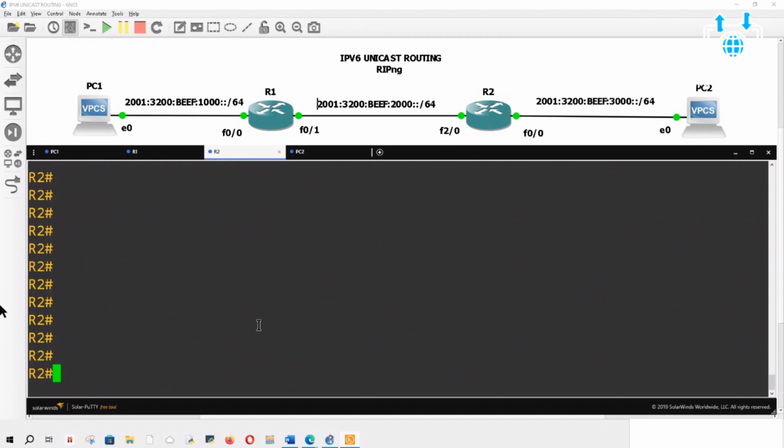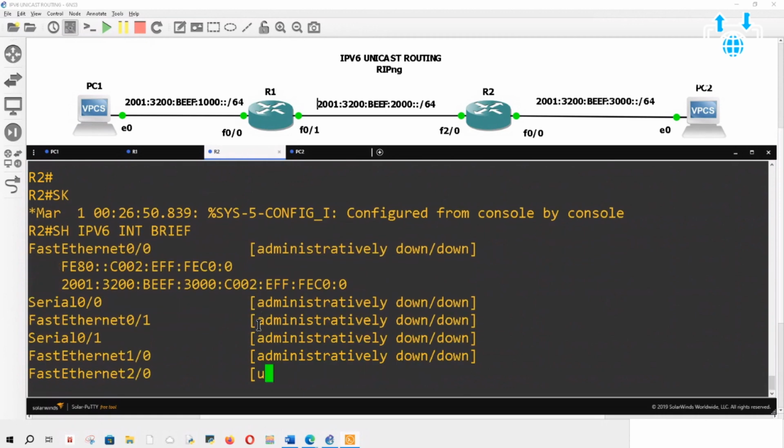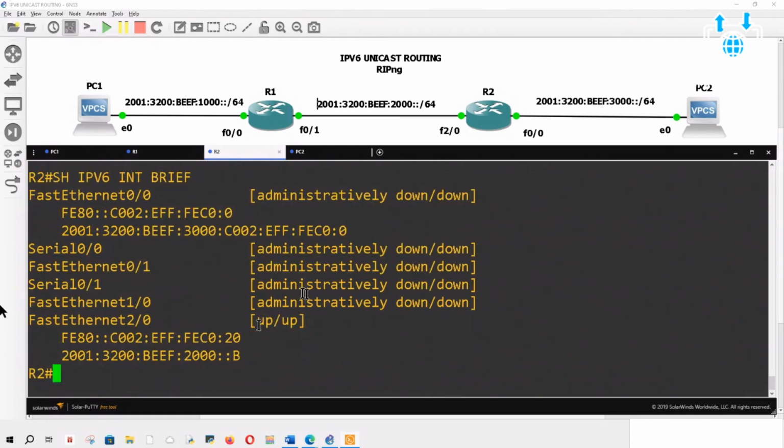Lovely. Let's take a look at it. Show IPv6 interface brief. Lovely. There it is. Outstanding.